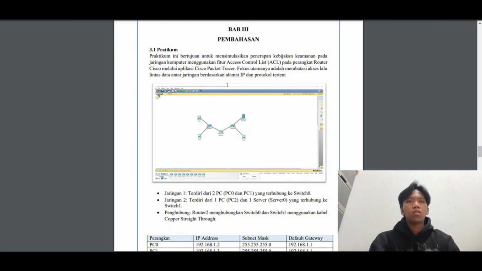Network segment 2 is the server area, containing server 0 with IP 192.168.2.2 and PC2.